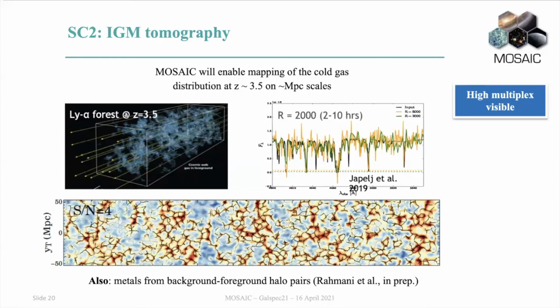As I mentioned before, what is important for ESO is also that MOSAIC will complement other instruments. And so in the IFU mode, we have a direct comparison with HARMONI. So HARMONI will really win over MOSAIC for point sources, despite the multiplex of MOSAIC. And the reason is that HARMONI